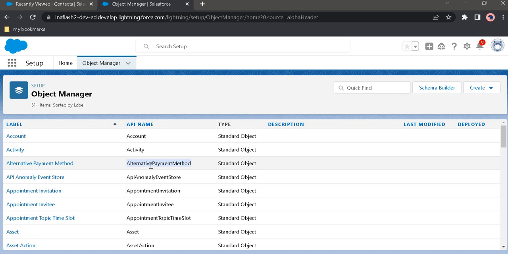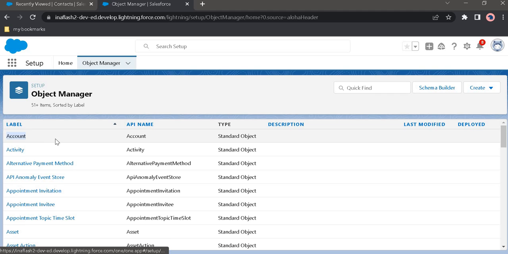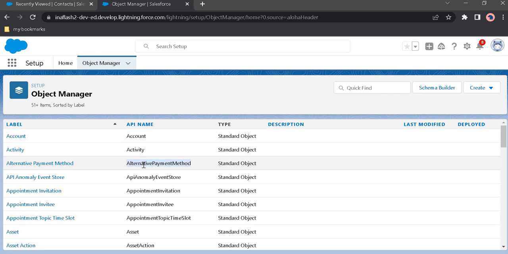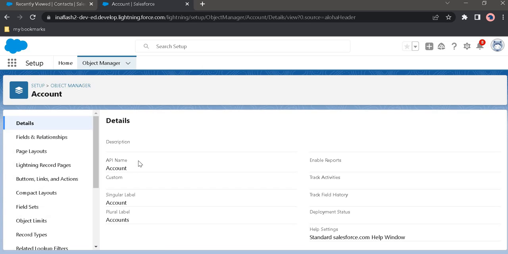API name of an object is unique throughout the Salesforce account. Label can be repetitive, but API name should always be unique in a Salesforce org. So when we click on object, then we can see there is a label and there is an API name.